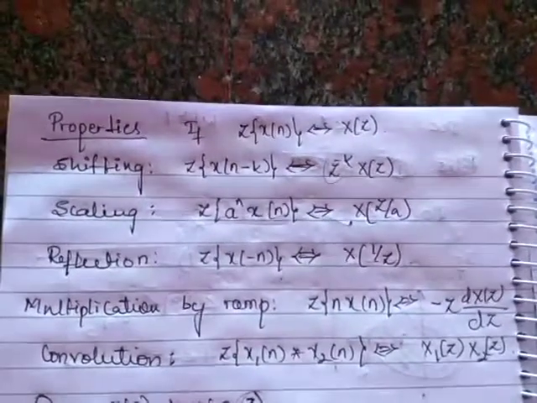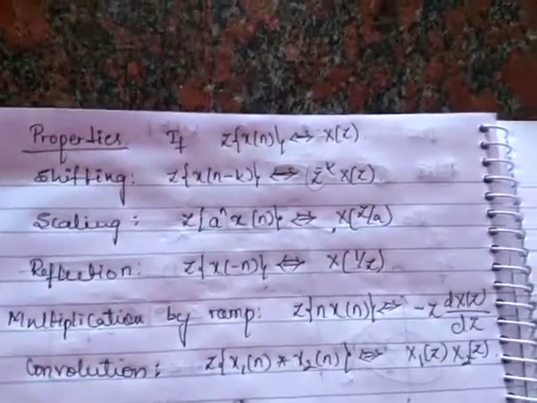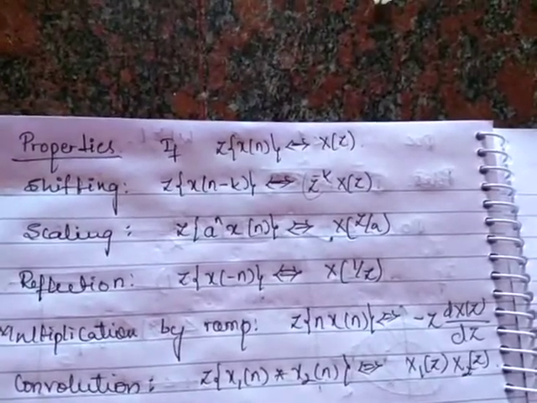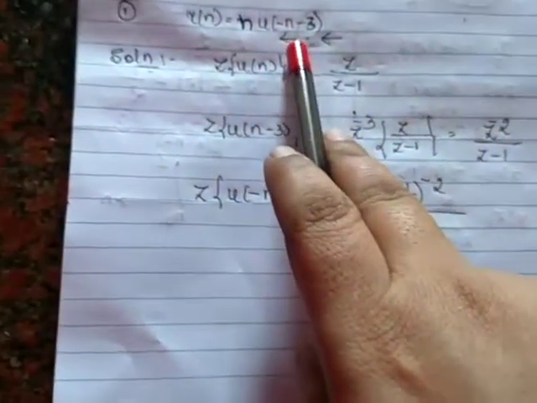On properties. These are the list of properties which we had given yesterday. We had already discussed the properties yesterday. Now we will go through some more problems. See, the problem is: compute the Z transform of x of n as n into u of minus n minus